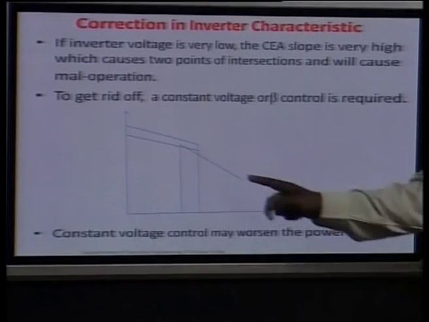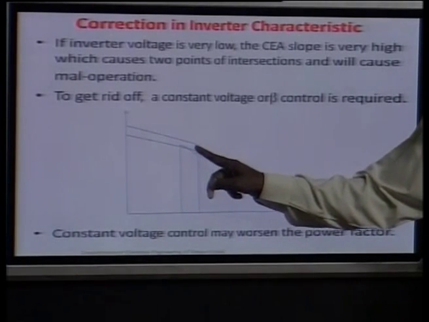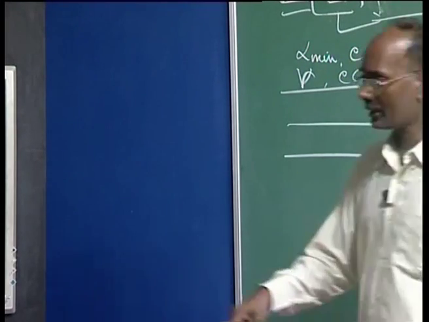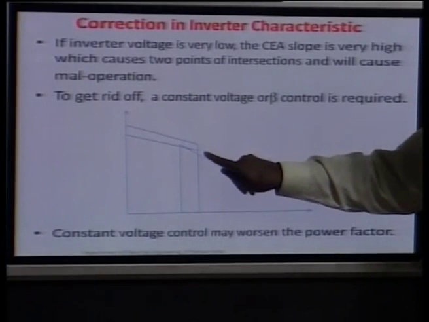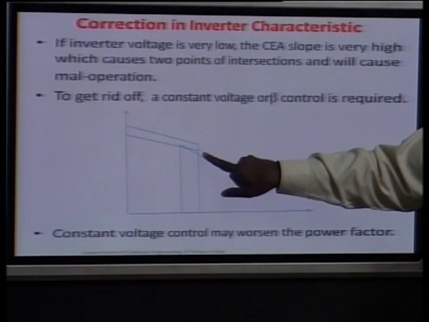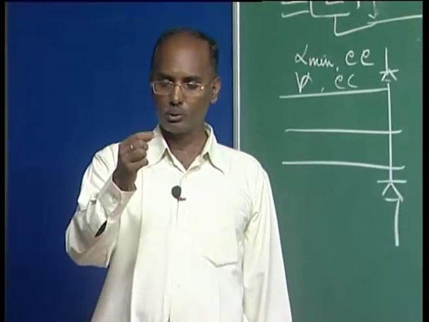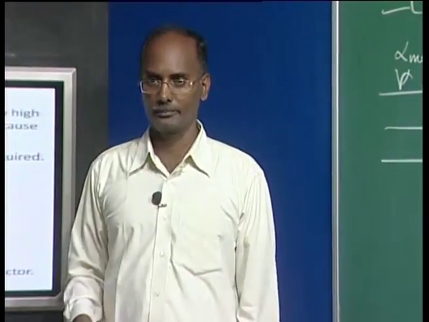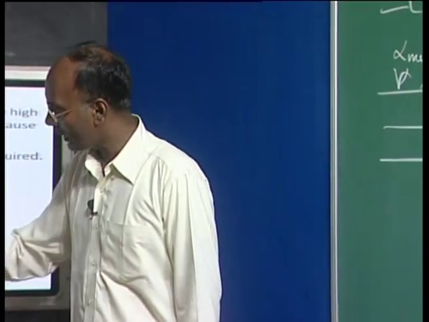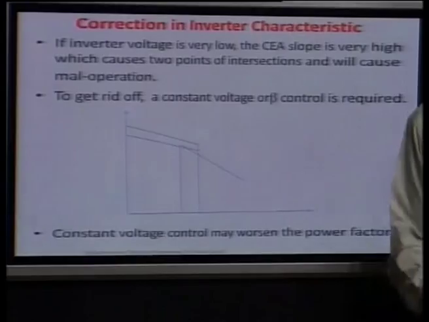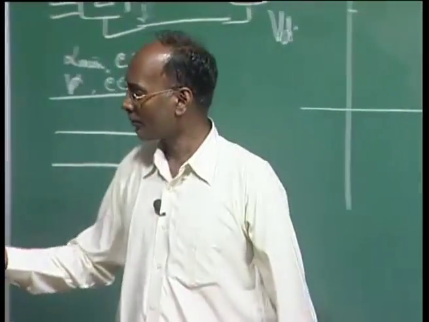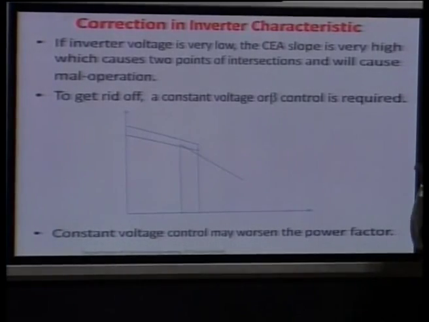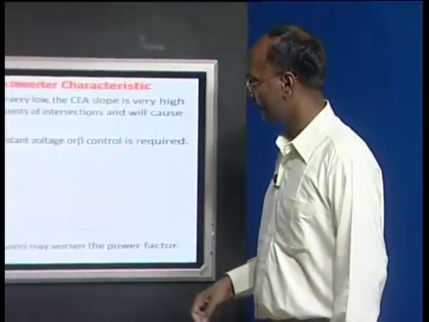But this current is more, so this will be the intersection, and your controller will hunt for the operating point. In this case, we have intersections here, here and here. So it is possible that you may have several operating points, and the controllers on both sides will start hunting each other. So we have to avoid this characteristic so that there should be only one intersection and we can operate our DC link smoothly.